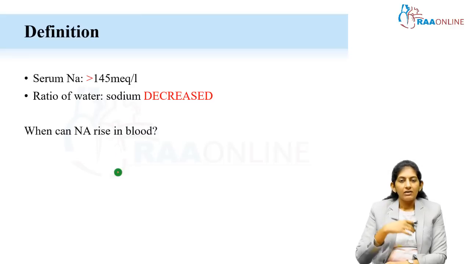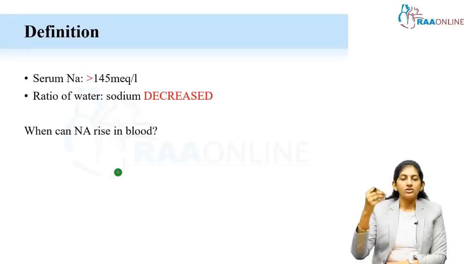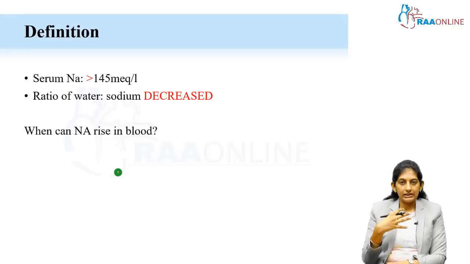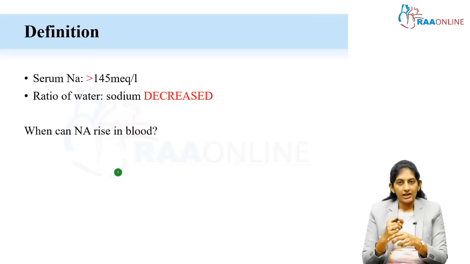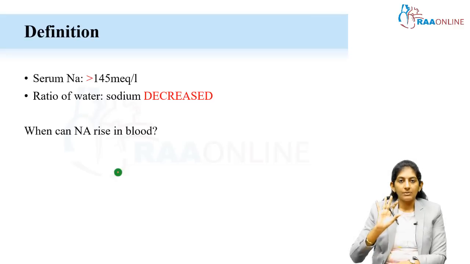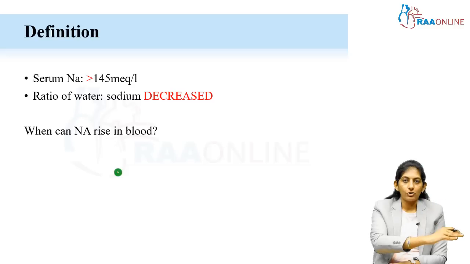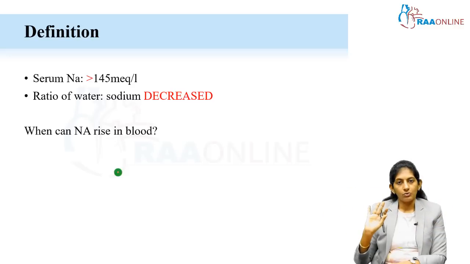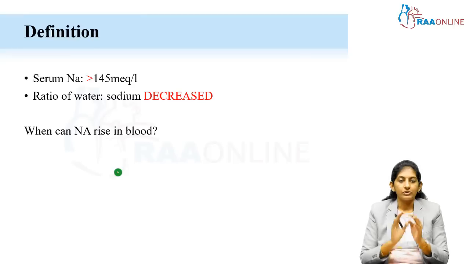When all can sodium rise in the blood? One is you give an excess of sodium, like accidental salt ingestion or salt water drowning. So anything that will increase the intake, or somehow salt enters into your system, either orally or you give 3% saline infusion, sodium will rise. Or the sodium is not getting excreted. Aldosterone, you know the hormone aldosterone, what will it do? It will increase the sodium reabsorption and it will cause the potassium to go out. So a state of hyperaldosteronism will increase the sodium in the system. So just the basic points you remember, when all sodium will rise in blood.